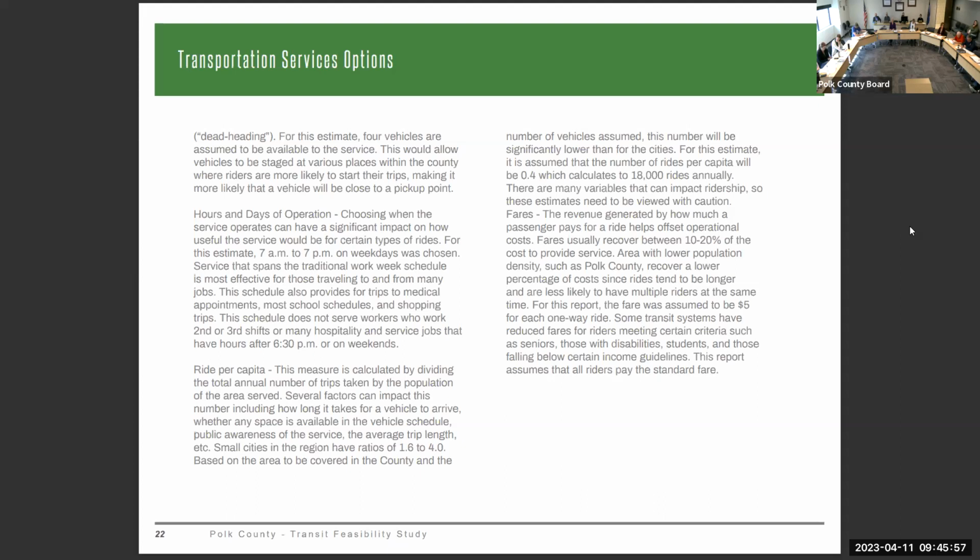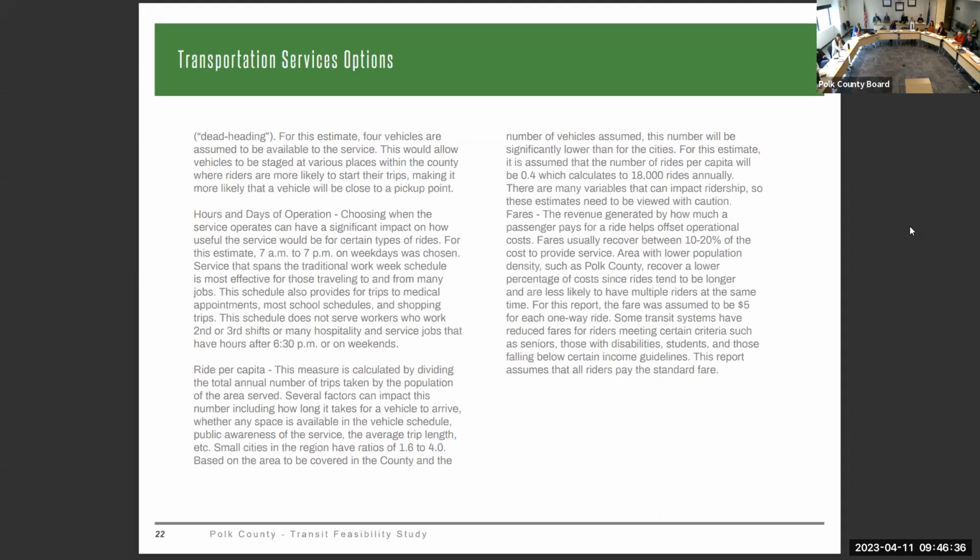Shared ride taxi has a lot of very positive things going for it. It's often called door to door, but it's more accurately called curb to curb. So you go to where people are and you take them to where they want to be. There's no issue with the only bus stop being a mile and a half away from where I want to go, and I'm not that mobile. And it does allow you to cap the total usage, so it's a very known financial aspect.